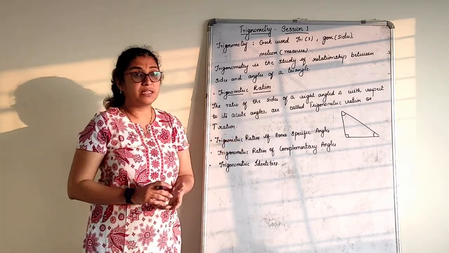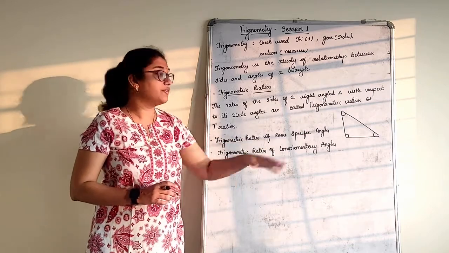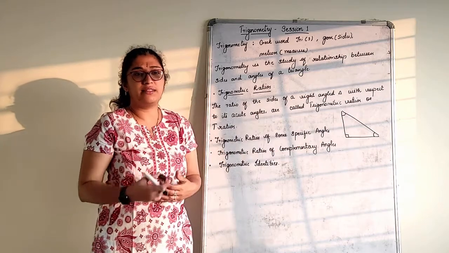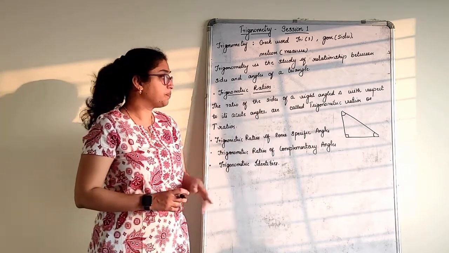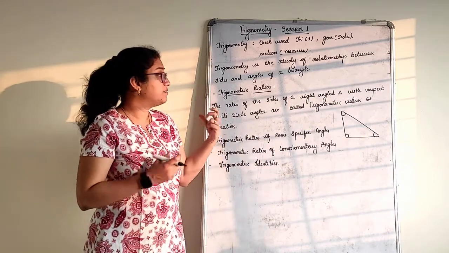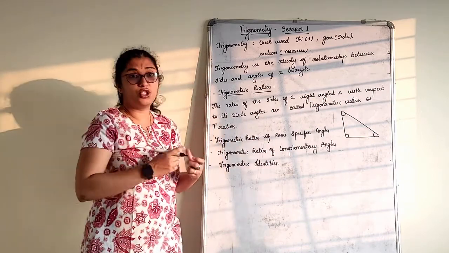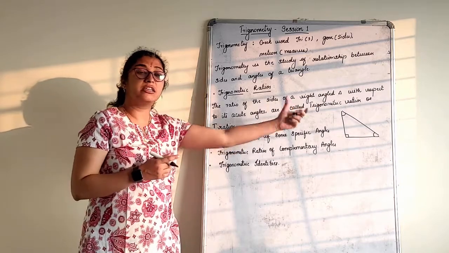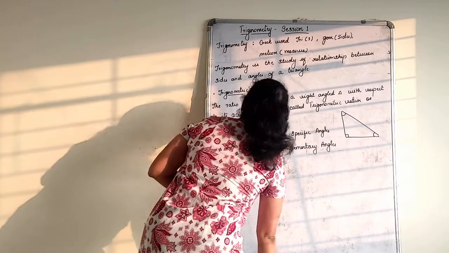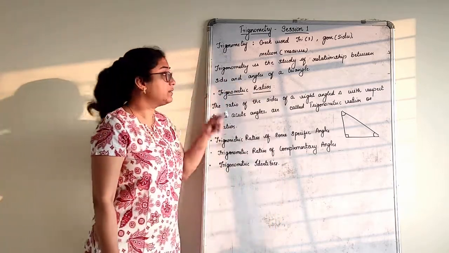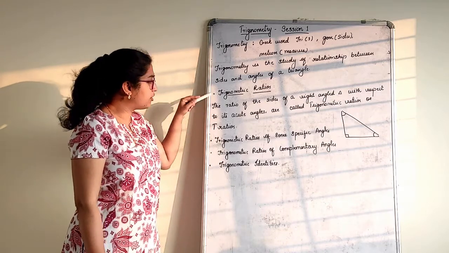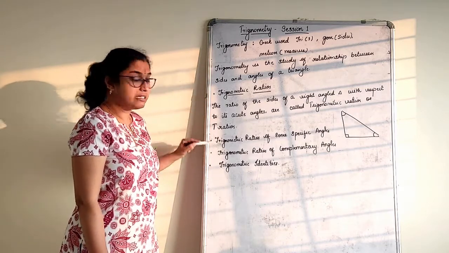The question sometimes comes: find the T ratios in the given figure. In the given triangle, find the T ratios. You will understand that once we start with the exercise. So what do you mean by T ratios? How do we correlate the trigonometric ratios with respect to the specific angles in a right angle triangle? Let's see now. You can keep the heading as trigonometry, write down these many things, and along with this, just after trigonometric ratio, write these three things.